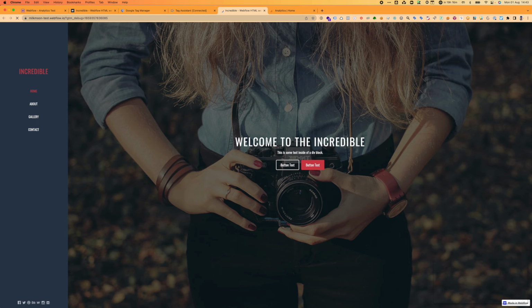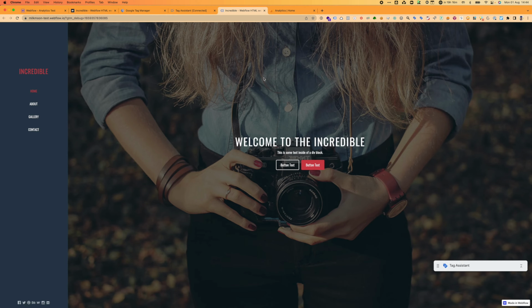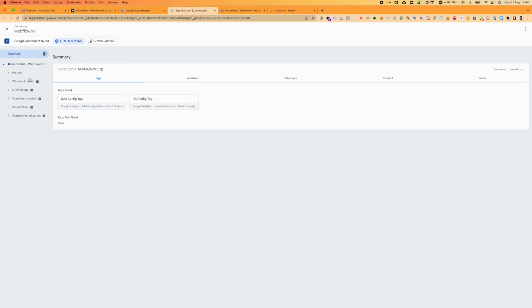And what you'll see happening now is it's loading the page. We've got Tag Manager running over here. So we're just going to minimize that. And you'll see the page is now connected. So everything we do now gets tracked. So we're clicking around, we're clicking on about, and you'll see now that,